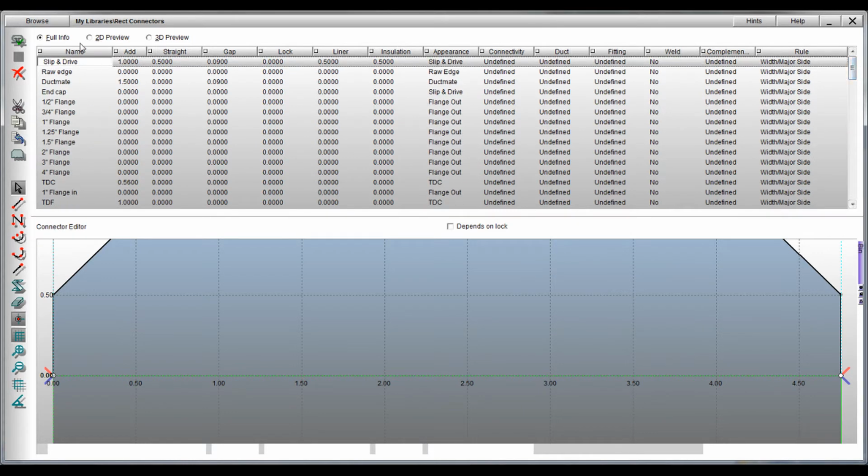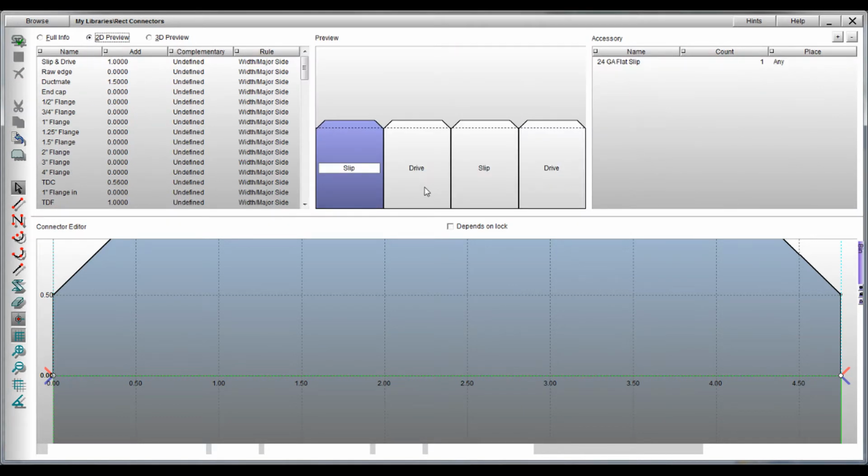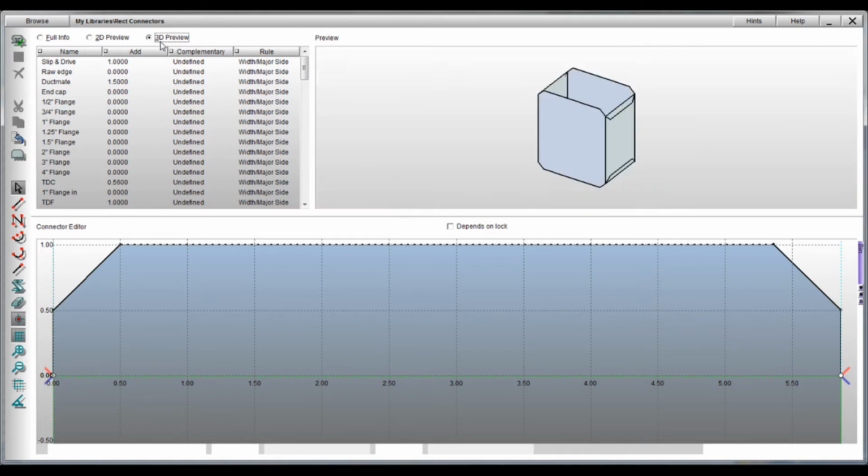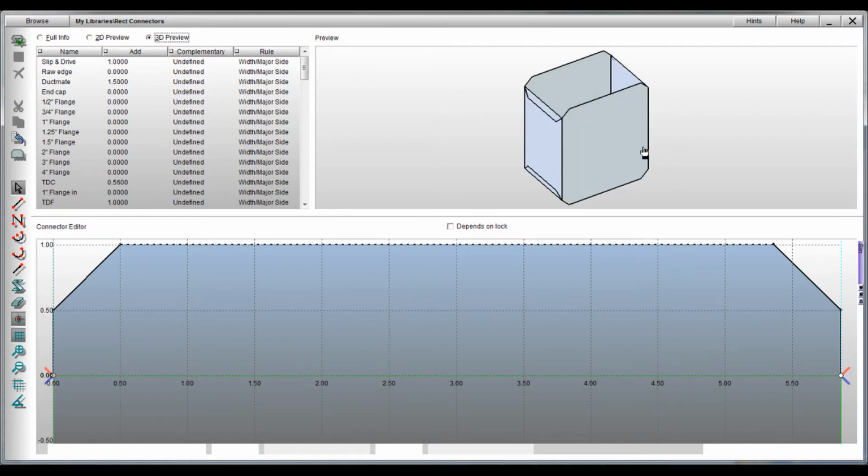connectors, but creating one on your own is extremely easy. Each one can be seen in 2D preview, where you can determine the shape and contour of each side of the connector, independently from all other sides. Each side can have a limitless set of accessories associated with it as well. This way you can get counts of everything from slips, drives, clips, corners, bolts, and gaskets, all of which are